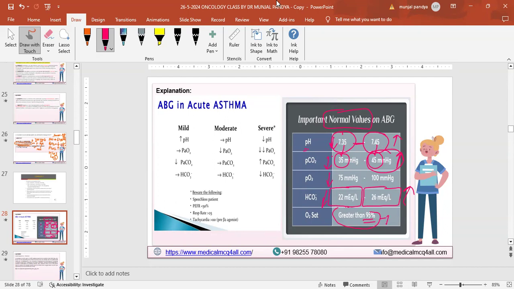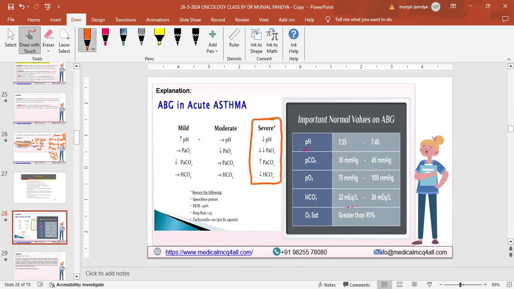If you remember, you will have lots of clarity in your mind, right? Nothing abnormal here, so you need to remember the simple chart. Now go back to the asthma part. In asthma, there are at least three categories: mild, moderate, and severe. We are just talking about the severe as of now.